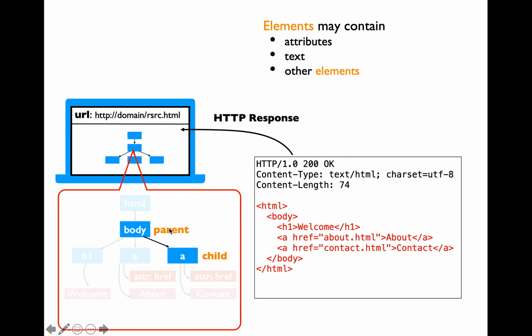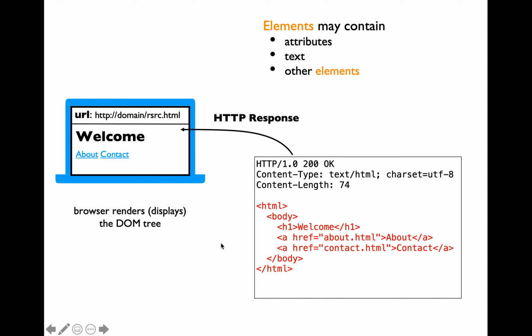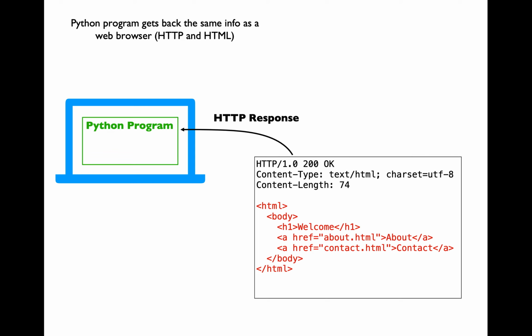The body element is going to be called the parent element. The anchor element is going to be called the child element. This terminology is consistent with any tree terminology. You're going to add an arrow from the parent element to the child element. Once the browser generates the DOM tree structure, it is going to use it to display the rendered version, which is this neatly formatted version of the HTML format.